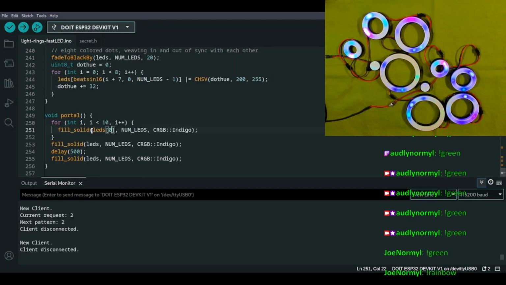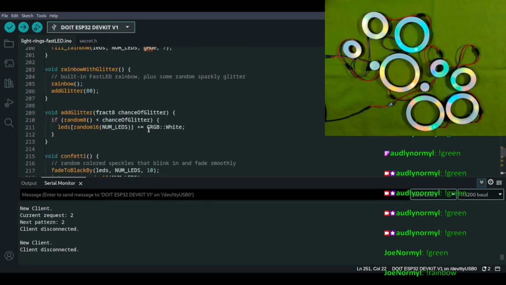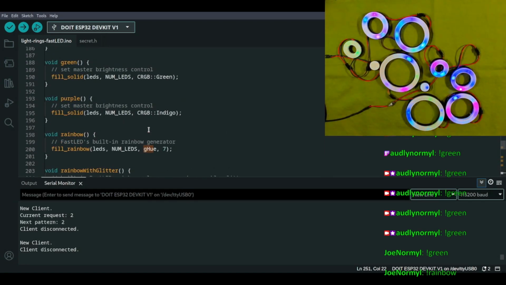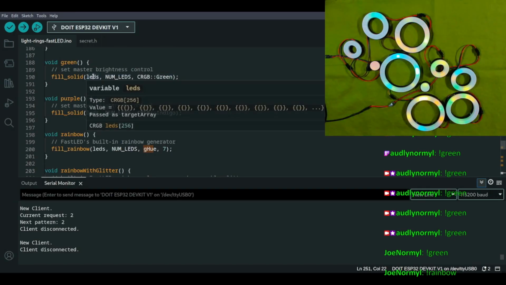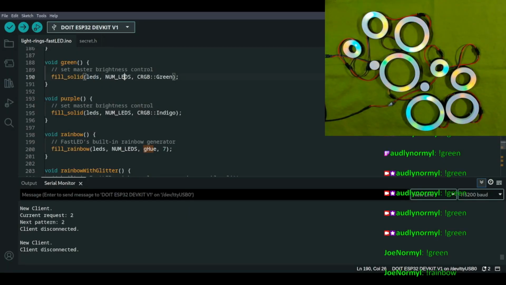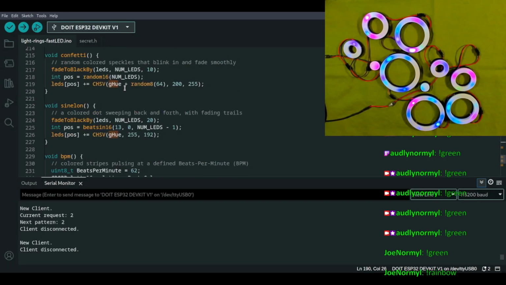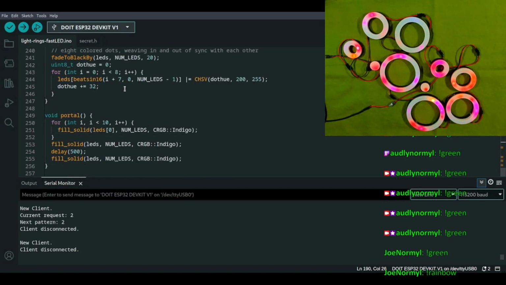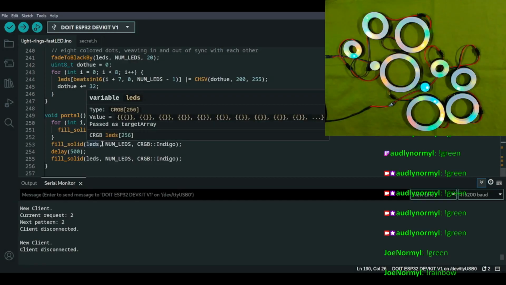When we're doing the full solid, we just use the straight up LEDs, number of LEDs. So I think that's actually the one I need to mess with here. The LEDs is maybe the starting point or the reference to which one.